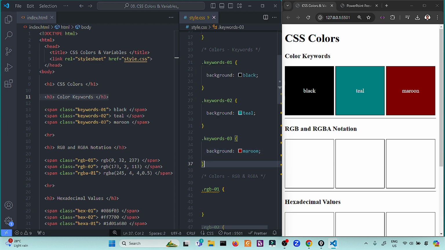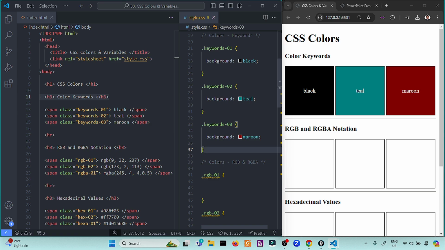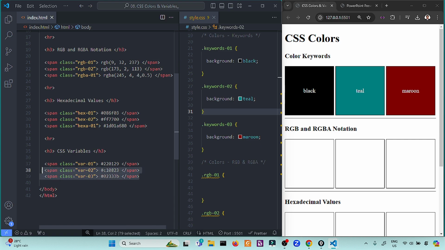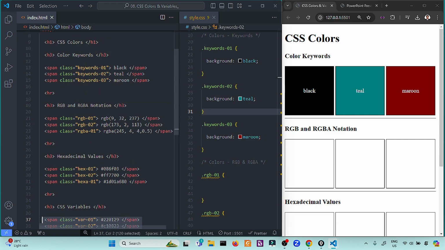We can also have green, but it depends on your design. These are the keywords. Remember that keywords are words. It's very easy to understand. So this one will be the basis of your color. If you're trying to quickly prototype your web pages, I think keyword colors will be the first step. Then my recommendation is to move to other color schemes such as the RGBA model, hexadecimal, or, as I will also teach you in this module, CSS variables.